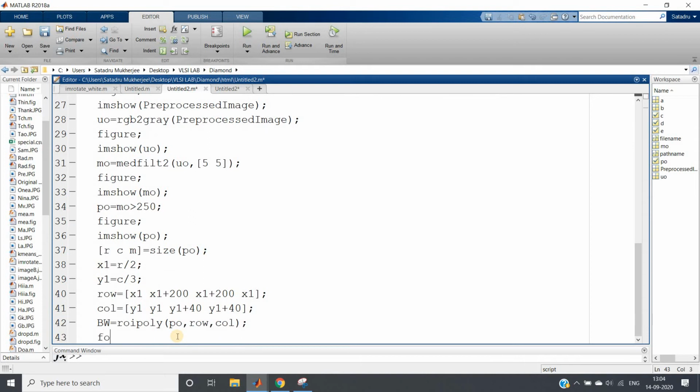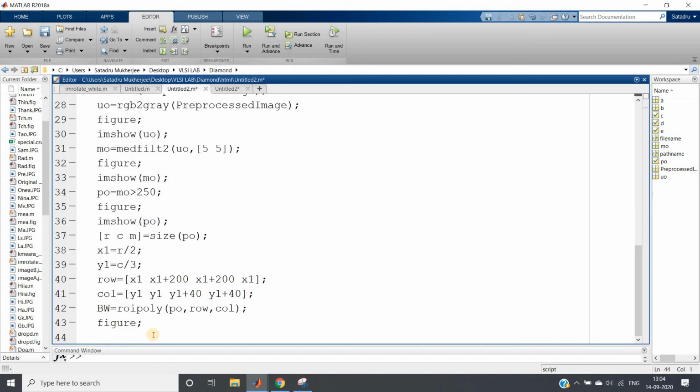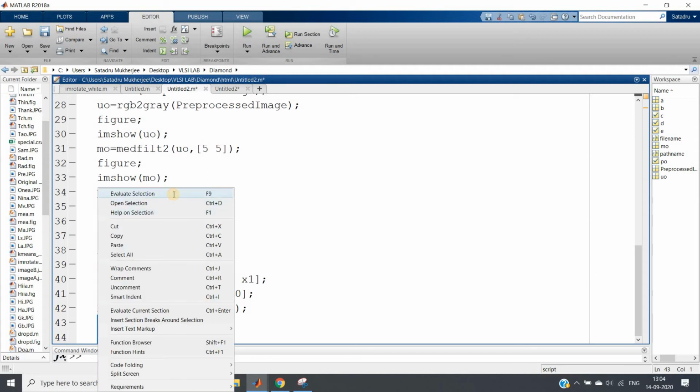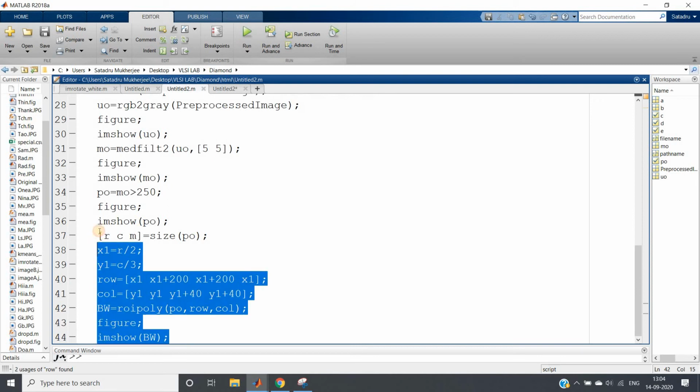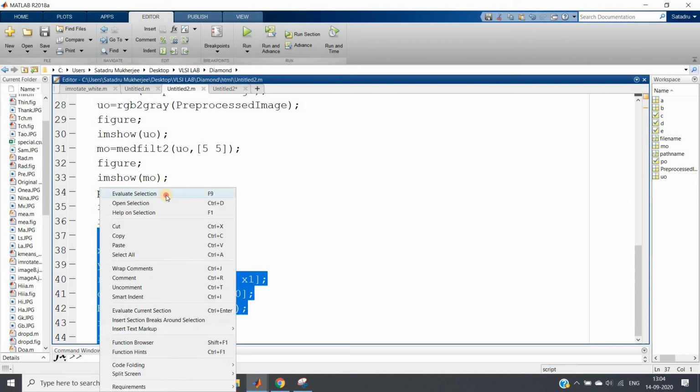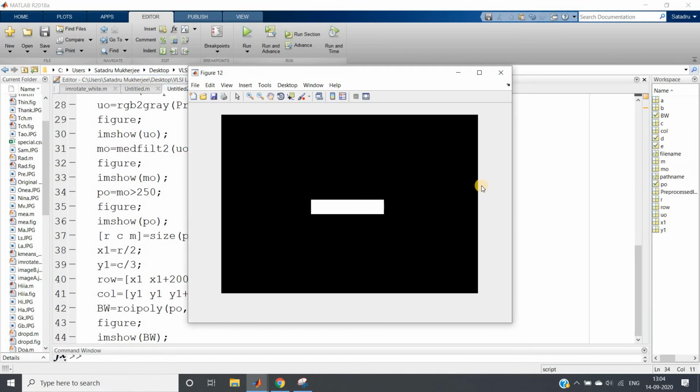So I can show you the binary image. I am showing BW, figure, imshow BW. Let me just run this whole part actually. See, this one is created, perfect creation.